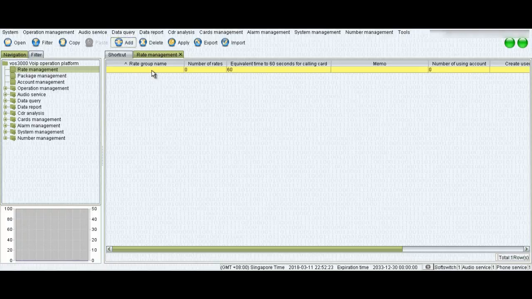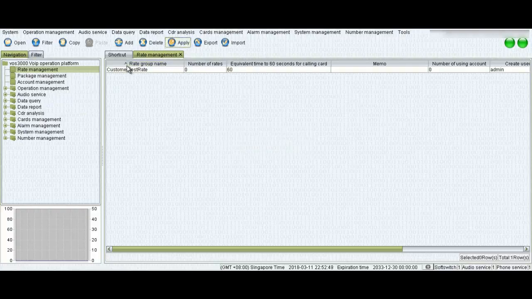For example, I'll name it customer test rate. Okay, whenever you are in the VOS 3000 desktop application, whenever you make any changes on any of the options, you must click the apply button.